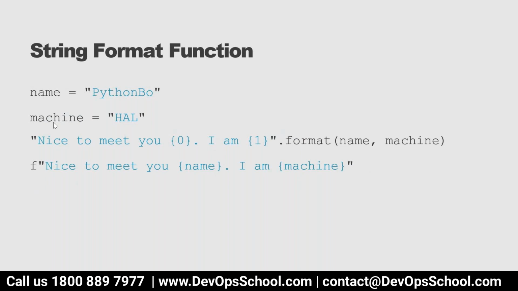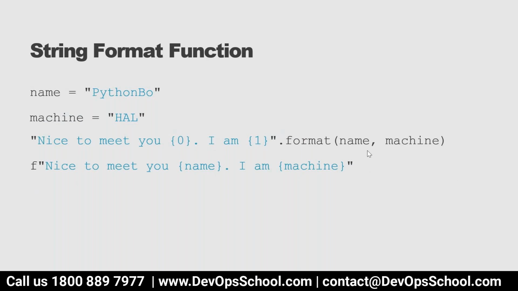Okay. So here, if you want to put it in the right format, then what you can do is write, nice to meet you, curly braces 0 dot I am 1. So here 0 and 1, what is this? Here you are using the format function, and on the format function you will give the variable names name and machine. So name will become curly braces 0, and then the second one is 1. So this is one of the ways to format it,